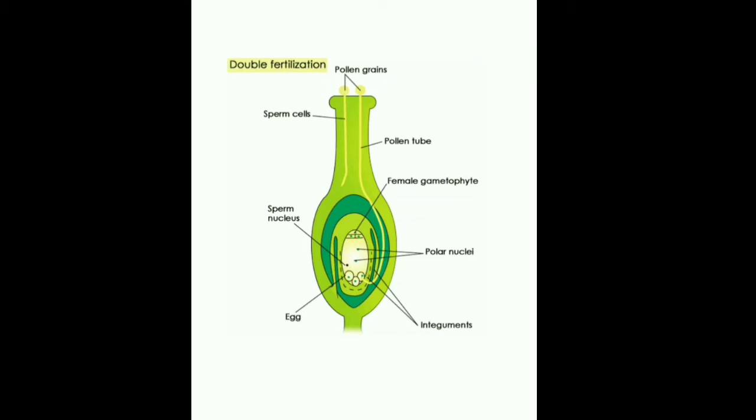Next is, write 2 features each of insect pollinated and water pollinated plants. Now you have to give, so many features are given and you don't have to give all the features. Is that clear? So 4 are given for water pollinated and 3 are given for the insect pollinated flowers. For insect pollinated flowers, they are large sized and brightly colored to attract insects. They produce sweet nectar and have fragrance to attract insects. The pollen grains are sticky in nature.